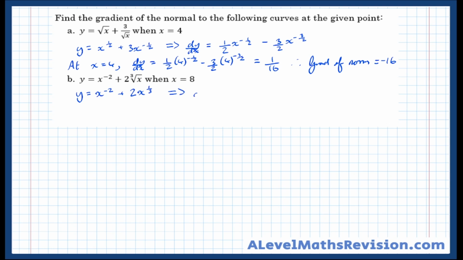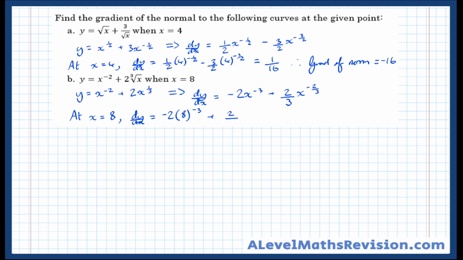So that means that the differential dy by dx equals times by the power, take 1 from the power, times by the power, and 1/3 take 1 is minus 2/3. At x equals 8, the gradient of the curve is equal to minus 2, 8 to the minus 3,